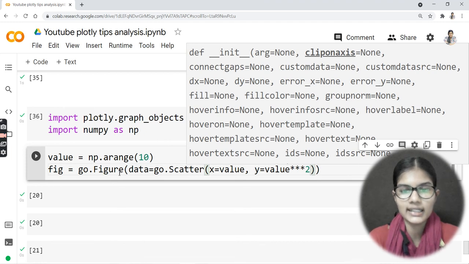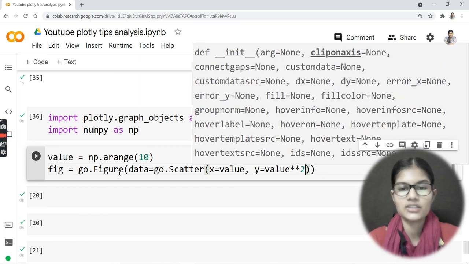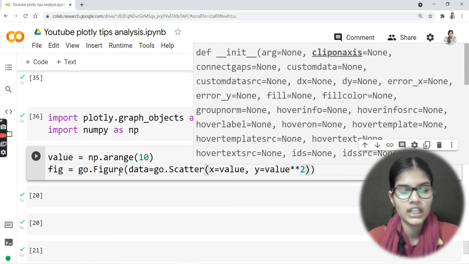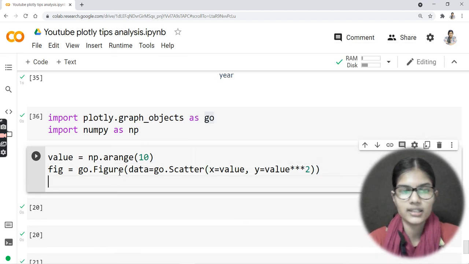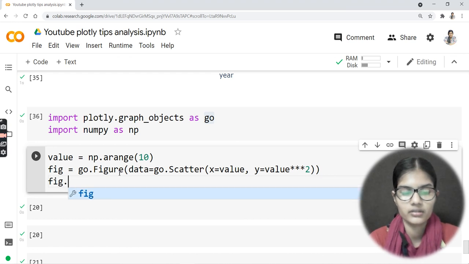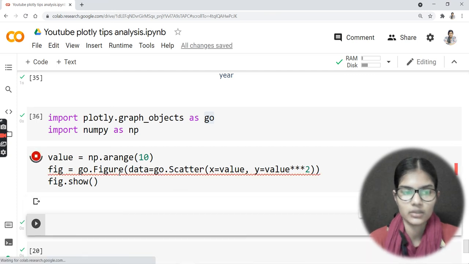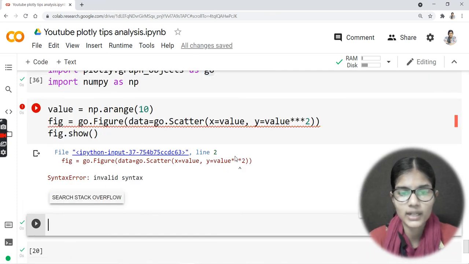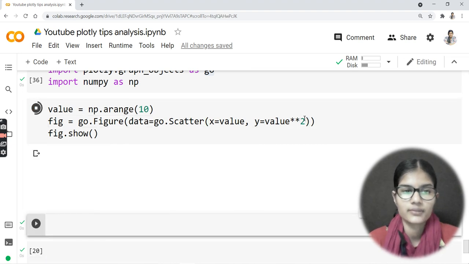Okay, let me put 2 stars, so it will be giving me the square. And if I put the 3 one, it will be giving me the cube. And at last I'll be writing here fig.show. Now if I try to run it, okay, this one is not valued. Let's remove this and now try to run it.